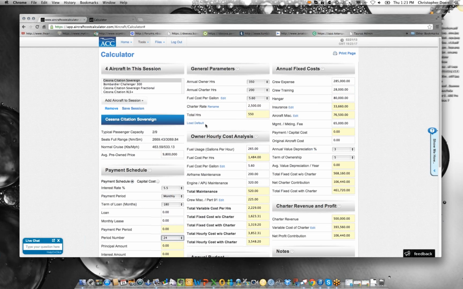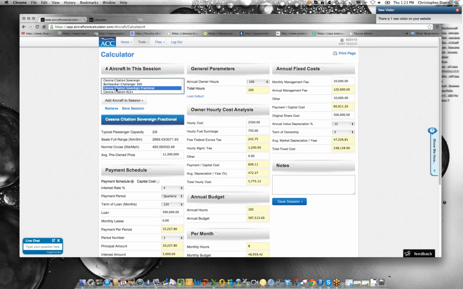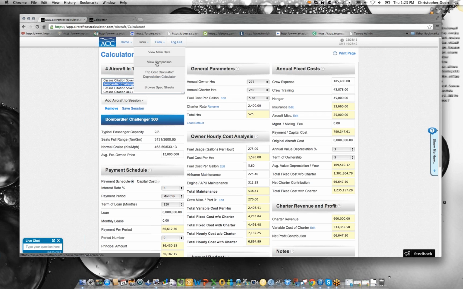Now I want to show you a couple of the tools that we have in terms of comparison and how this all works. You'll see that I have a Challenger 300 in here and a fractional Sovereign. We'll talk about the fractional aircraft here in a minute, but let's first look at the 300. I've pre-populated basically the same numbers for the Sovereign into the 300. So let's take a look at the comparison. We simply go to Tools, View Comparison,